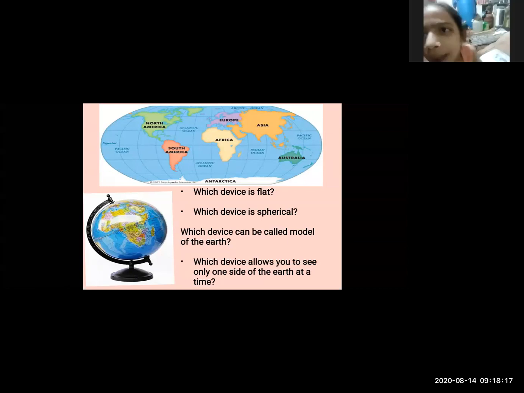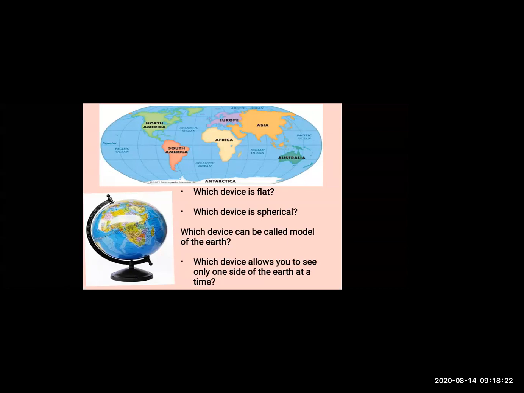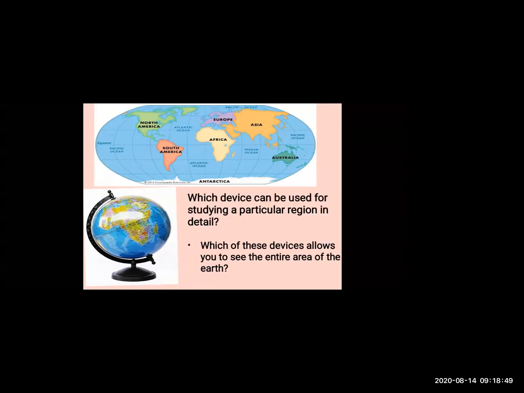You tried very well, but it is a globe, because when the globe is in front of us, that time we can see the region which is in front of us, only that region we can see. And to see another region, we have to move the globe. So at a time we can see the region on the globe which is in front of us. And in the map, we can see the entire earth. See the world map. In this map, we can see all the continents and oceans.